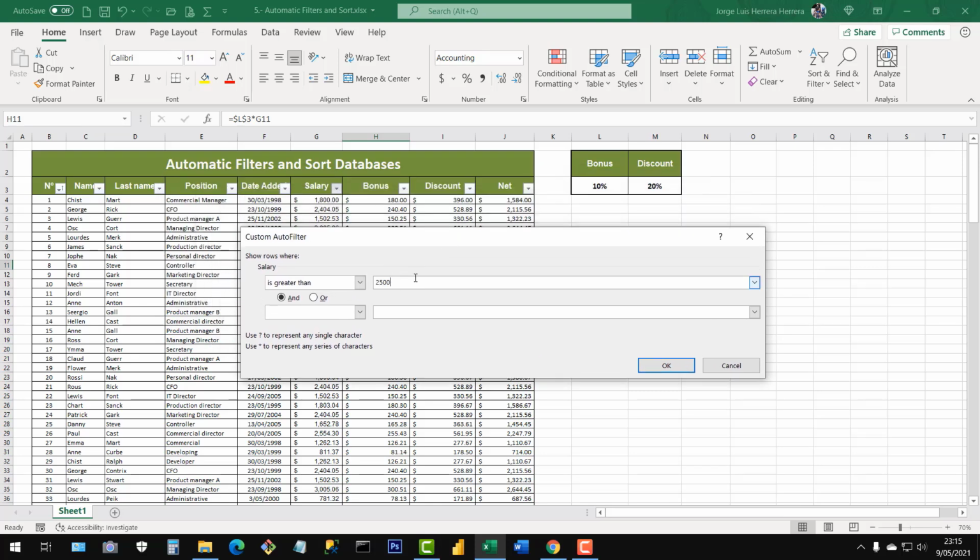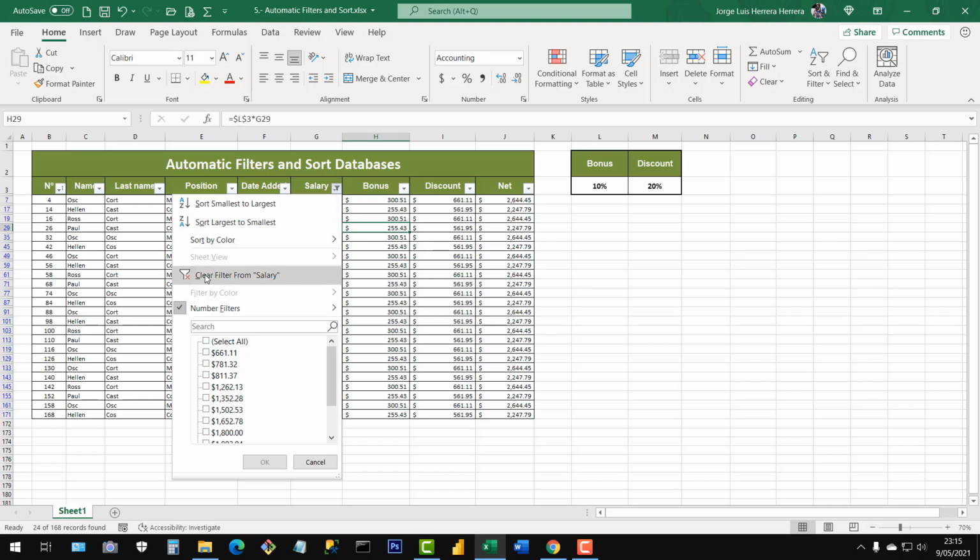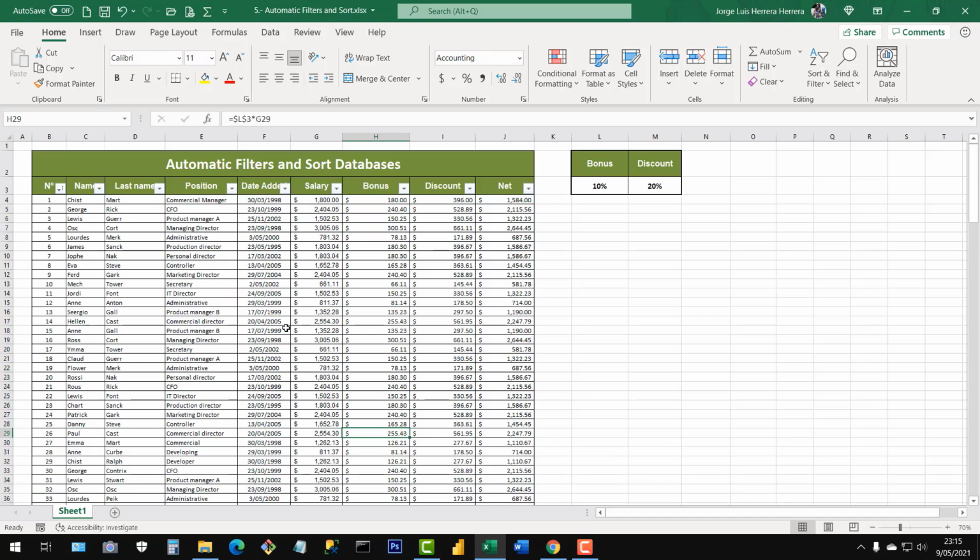And I see that I don't need to count it because here at the bottom left it says found 24 out of 168 registers. And now in salary, I'll get back again and show all the information with this option that says clear filters, and I have all the 168 registers again. And I'll just get back to the salary and filter numbers, number filters, and now I'm going to filter those